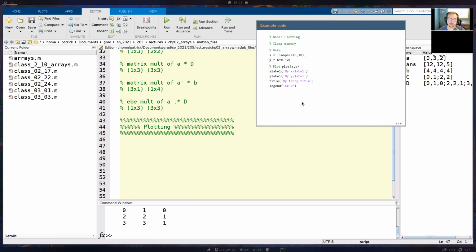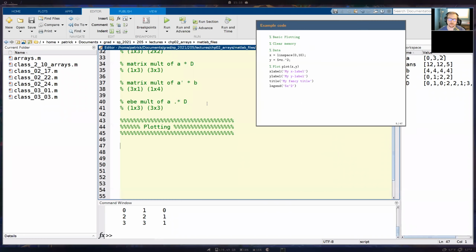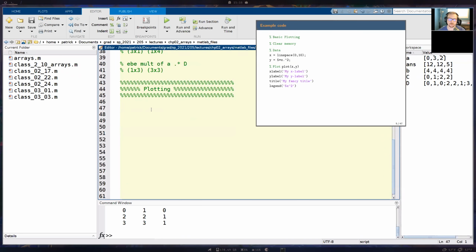So let's do a really basic plot right now as a class. Make sure you're following along here too. So I'll make a section here. Let's do our first basic plot. The first thing we're going to do is define our x range. Again, you can think of this kind of like a time axis.